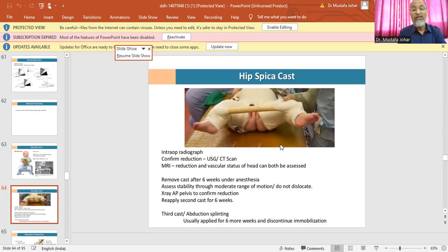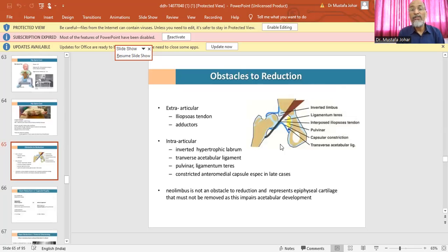And the third cast is used by abduction splinting, and usually they apply it for 6 or more weeks and then discontinue the immobilization. Then there is the obstruction to the reduction. The transverse acetabular ligament is one. Then you have got the pulvinar, you have got inverted limbus, you have got a thickened ligamentum teres, then you have got an iliopsoas tendon which is coming in the way because it is attached to the lesser trochanter and has got